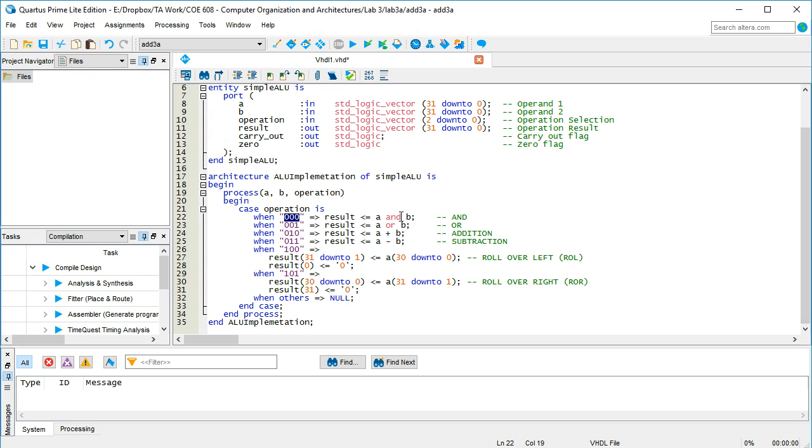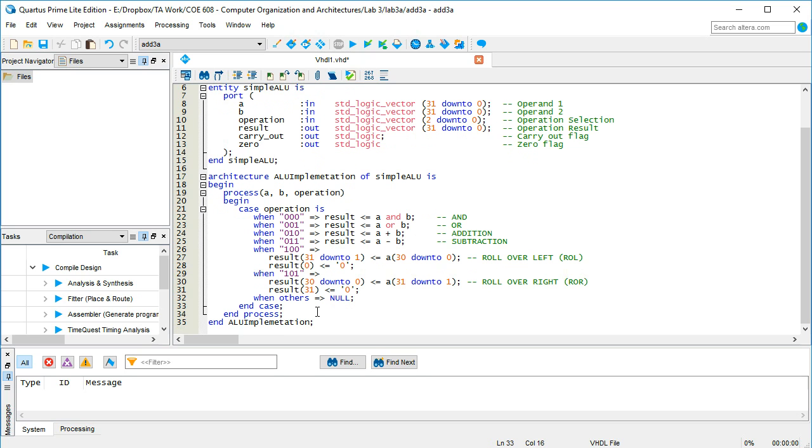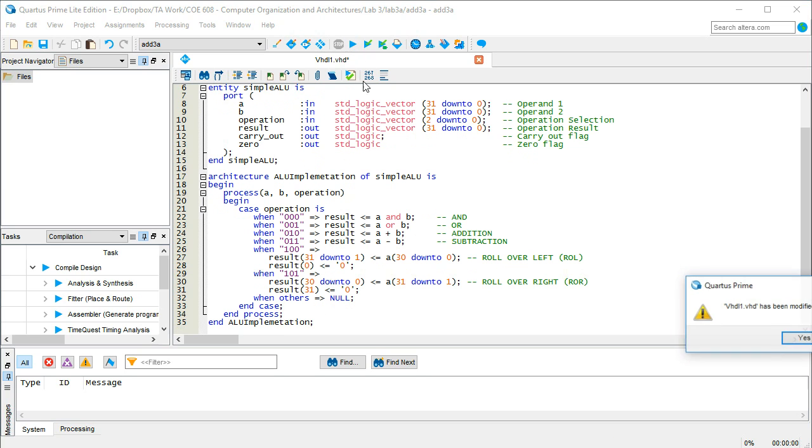When it is 000, it ANDs these two and assigns it to result. When it is 001, it ORs it, when it is 010, it adds it, and all of this. This is a simple way to implement ALU, but we don't want you to do it this way. When I compile it,